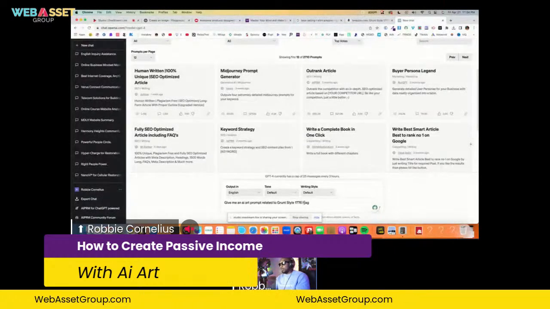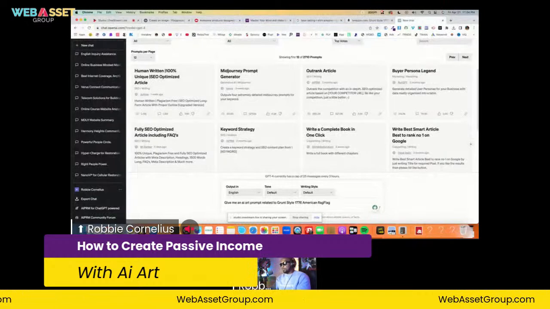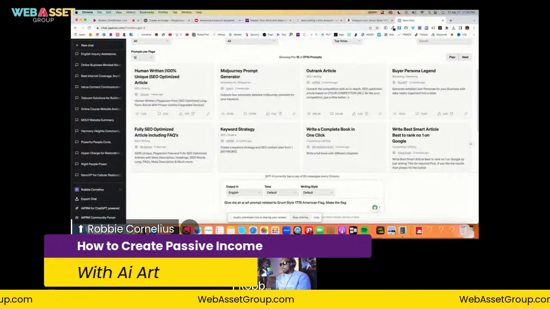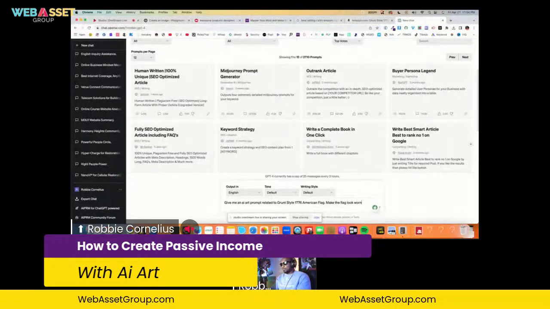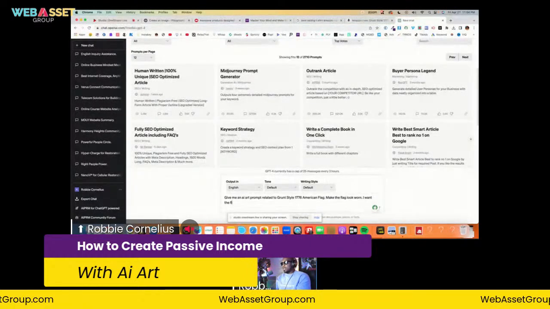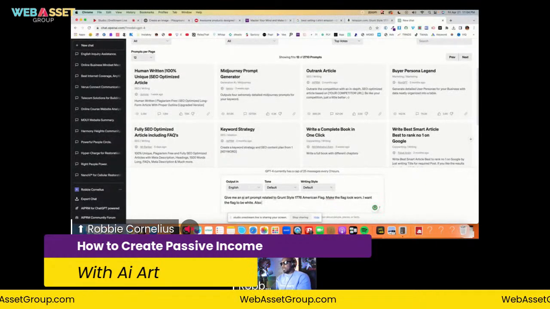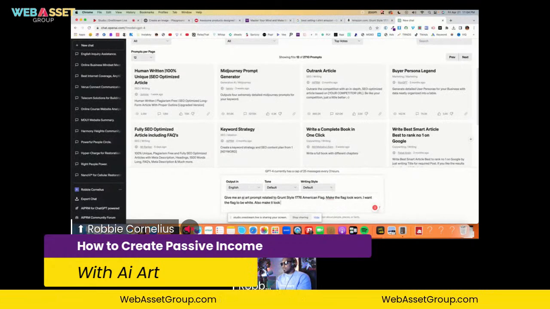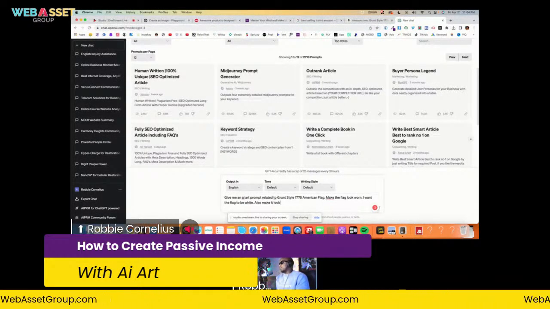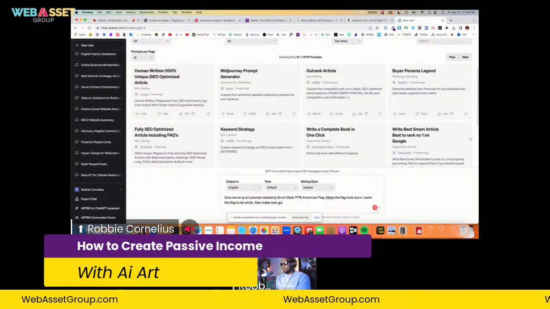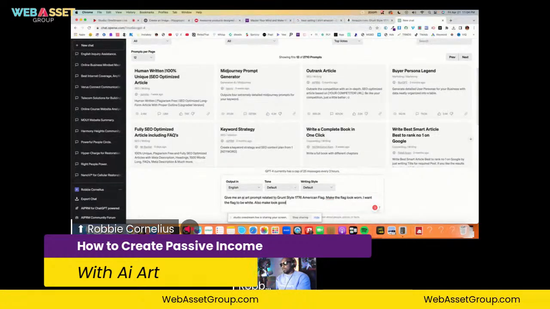And then I'm just going to put, because you want to be specific, American flag. And then I'm going to say, make the flag look worn. I want the flag to be white. Also, make it look good for a black t-shirt. Okay. And I'm just going to hit enter.